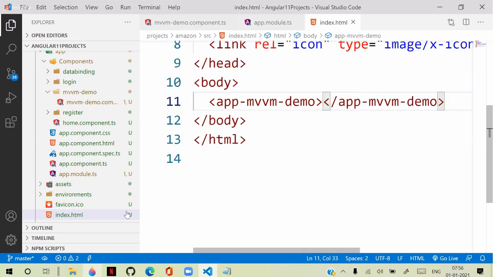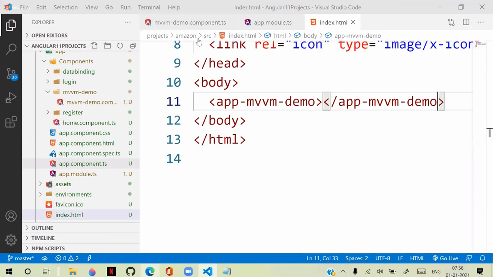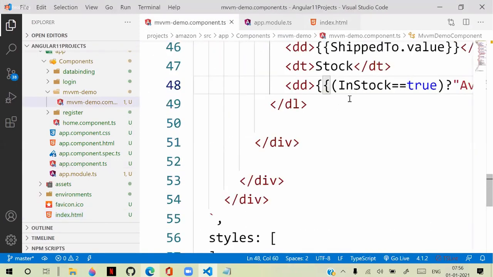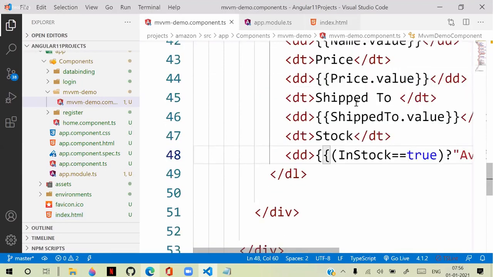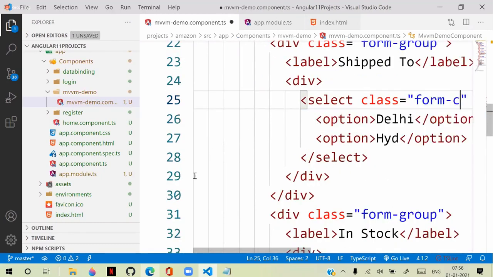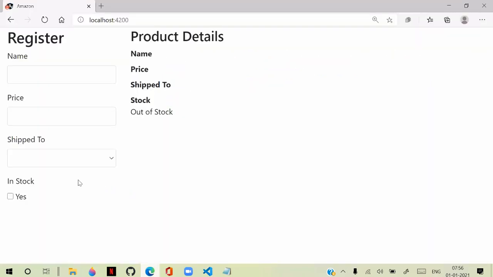Okay. That is in the startup. For this text box also, I will give this drop down. For the drop down also, I will use the class as form-control. Okay. Then it looks fine. So that means you can see that is fine.